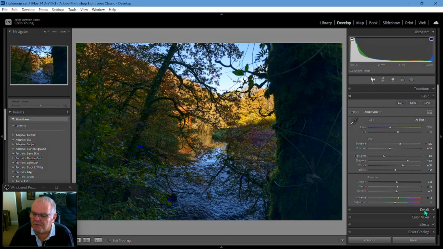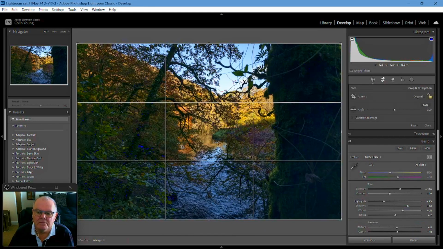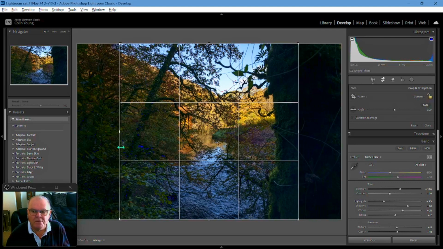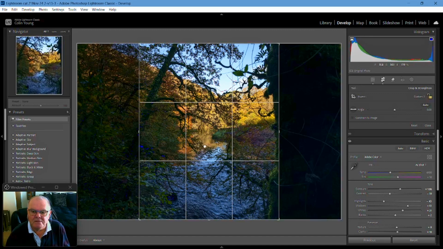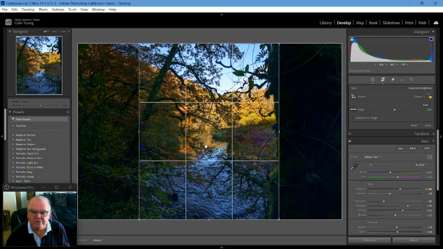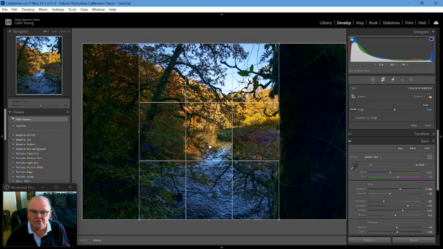What I'll do next is we'll go on to the size of the photo. And what we're going to do is bring it in, holding the Alt key down so we can bring both sides in at the same time, so we can get basically a 6x4 going. Then take your finger off the Alt key and you can move it. Once you've got it in what you think is the right sort of size, we can live with that, I think. So what we'll do now is if I just press enter,